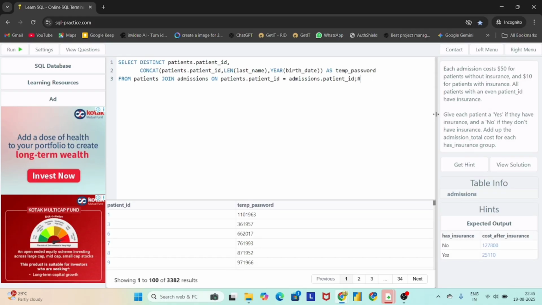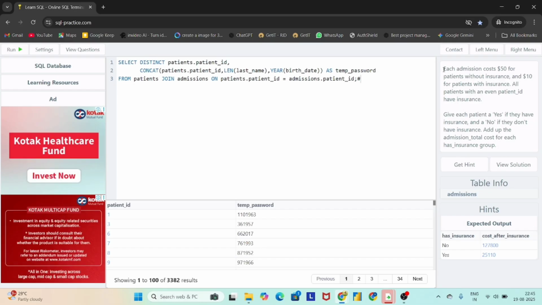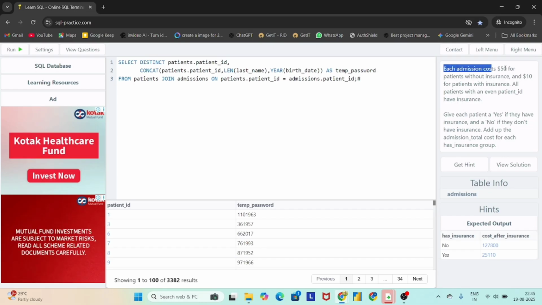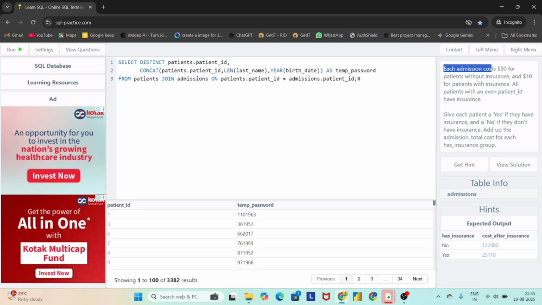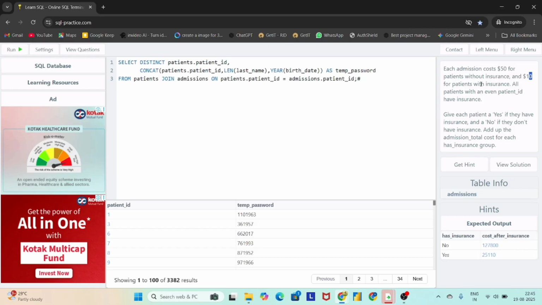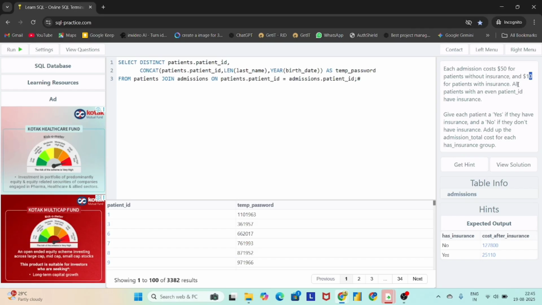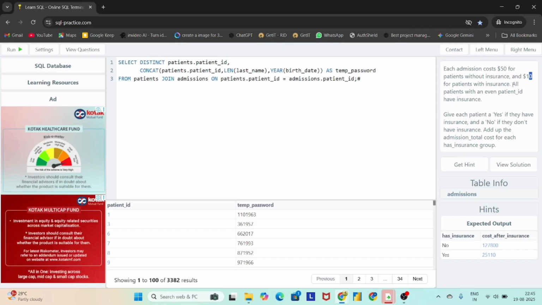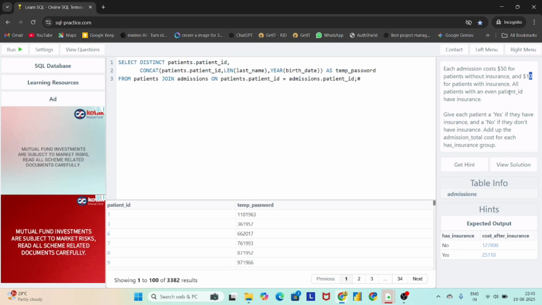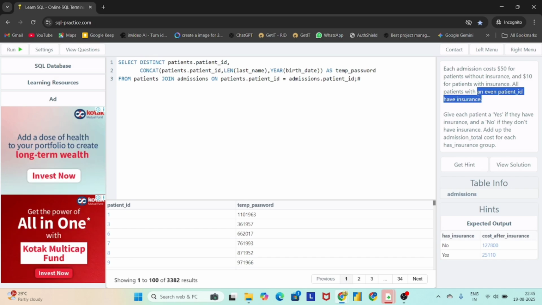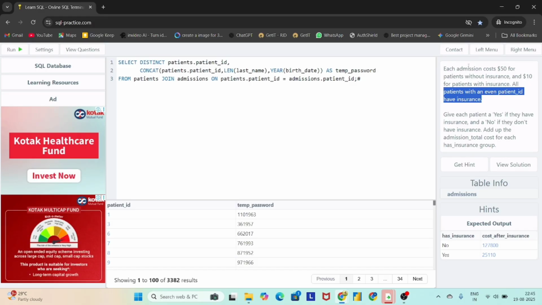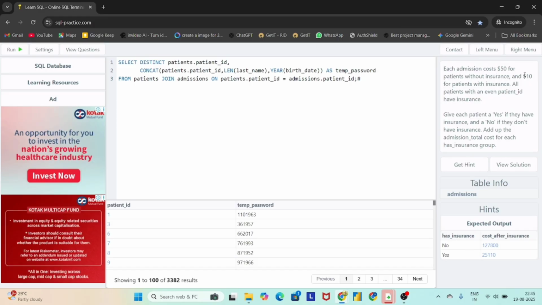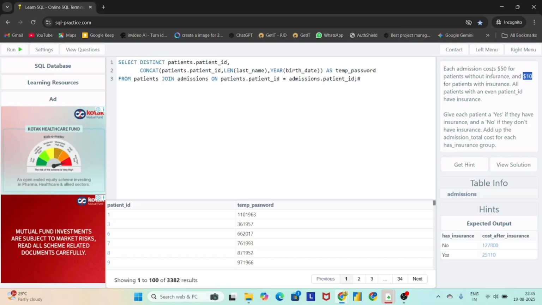Question number 47. Saying each admission costs $50 for a patient without insurance and $10 for a patient with insurance, and all patients with an even patient ID have insurance. He's saying if the patient ID is even, it means that patient already has insurance, and they have to pay only $10 for admission in the hospital,